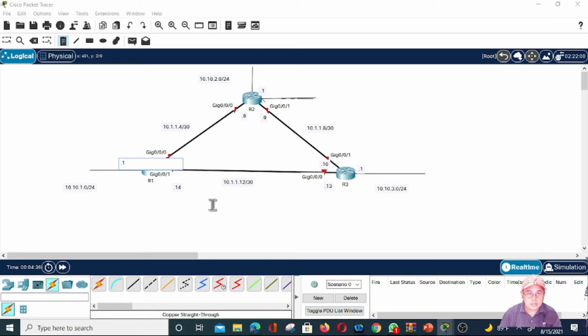Alright, so I think it's complete already, and we're going to name the interface. This one is loopback address 0. This is also loopback address 0. This is loopback address 0. And then